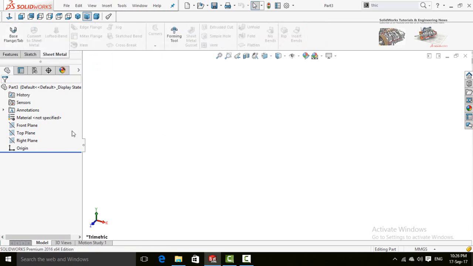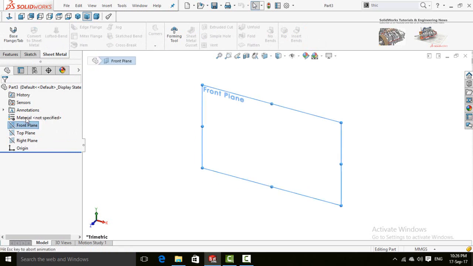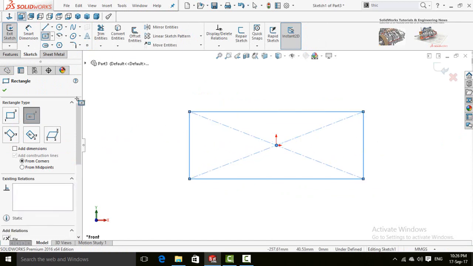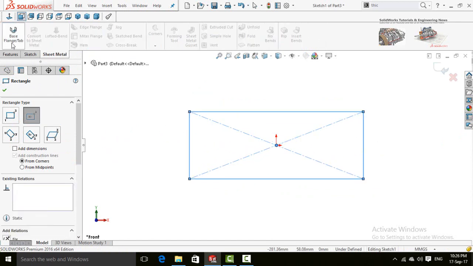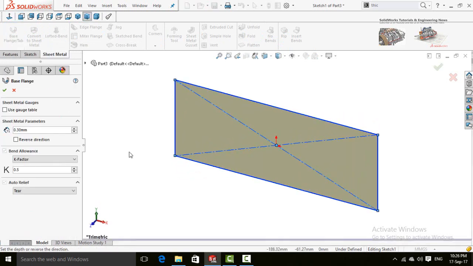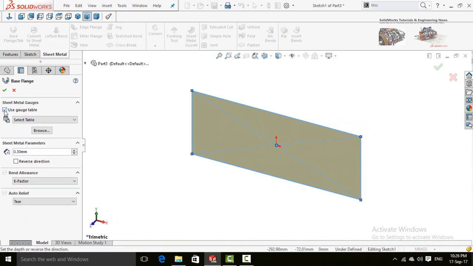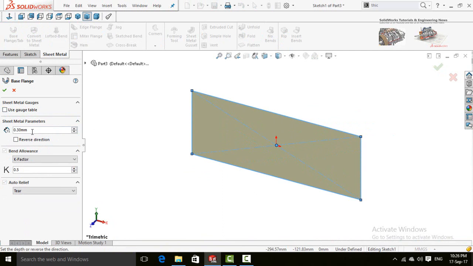So let's try it. First of all you need to have a sketch on front plane, then draw a rectangle. Now in the sheet metal tab select base flange tab command. First of all it will ask you about use gauge table. If you are going to select these tables, select yours, or then it asks you about the thickness for sheet. Here is the thickness. Usually sheet metal material has a very low thickness, below 1 millimeter, so you can select